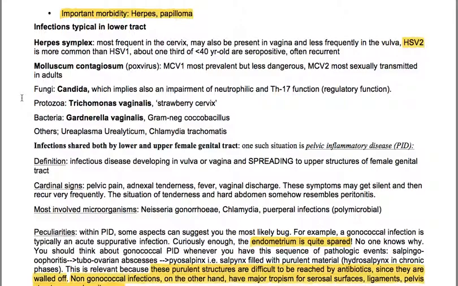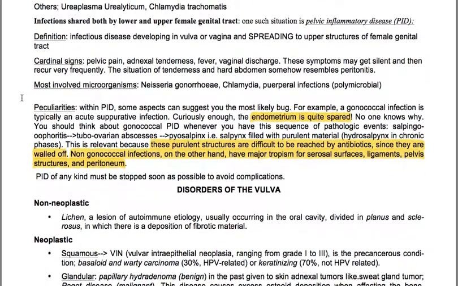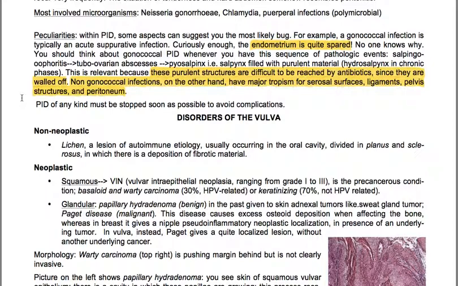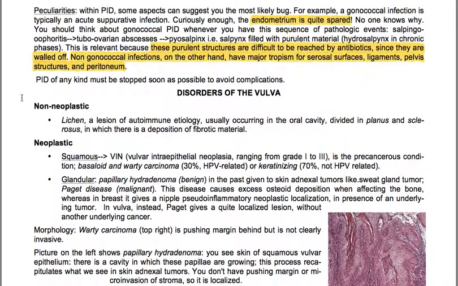The most involved organisms are Neisseria gonorrhoeae, chlamydia, and others, so polymicrobial. Within pelvic inflammatory disease, some aspects can suggest the most likely bug. For example, a gonococcal infection is typically an acute suppurative infection. Curiously enough, the endometrium is quite spared. No one knows why. You should think about gonococcal PID whenever you have this sequence of pathogenic events: